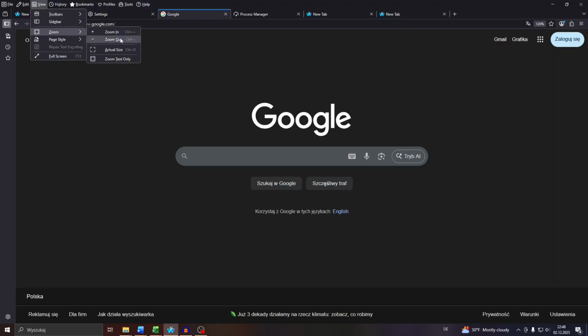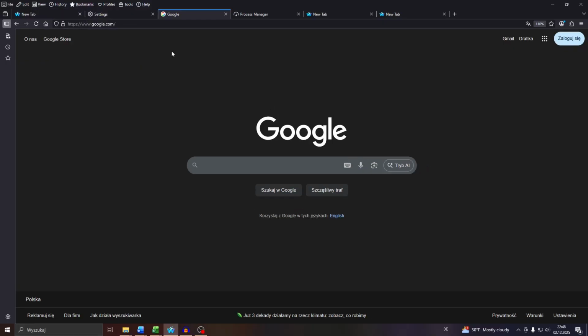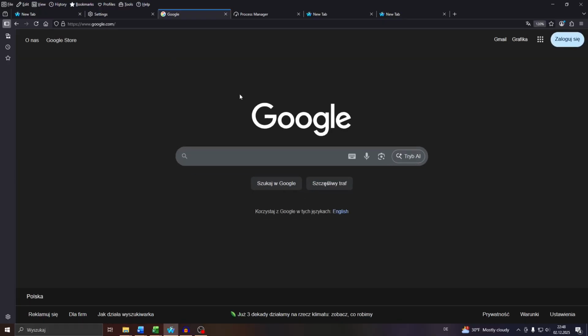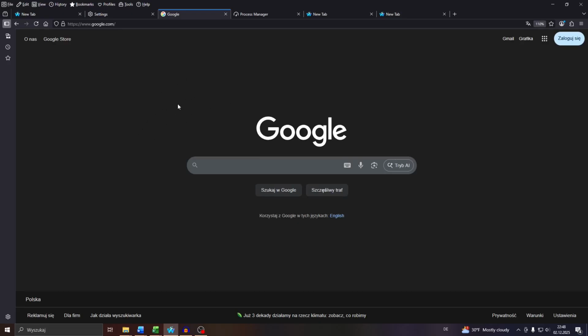Alternatively, guys, you may simply use the shortcuts, Control plus plus, Control plus minus. So let me do that really quickly. Control minus or Command minus if you're using a Mac. Zoom in, zoom out. And the last option, guys, would be to simply press and hold a left control on